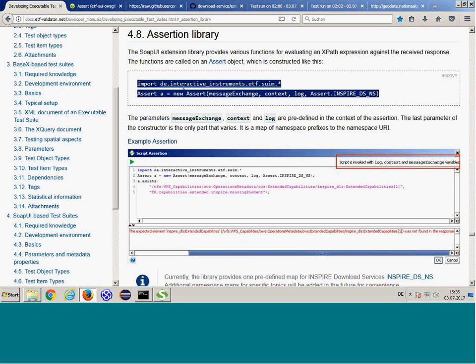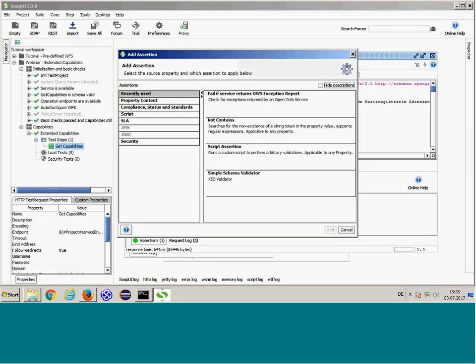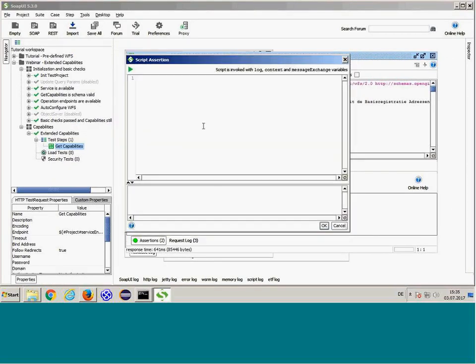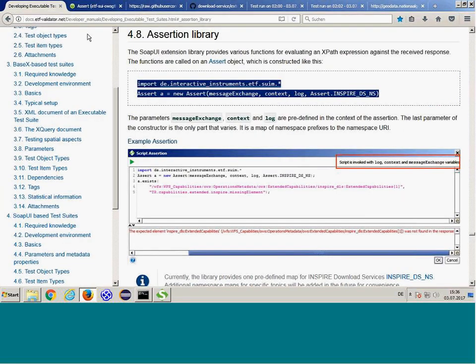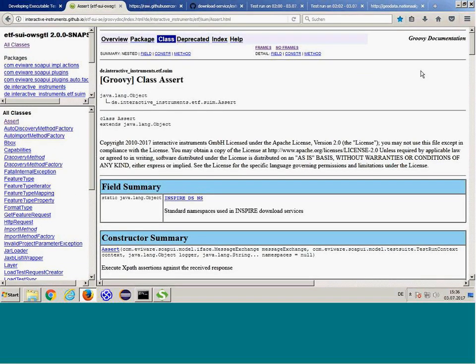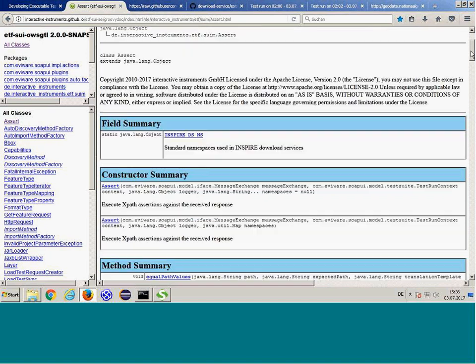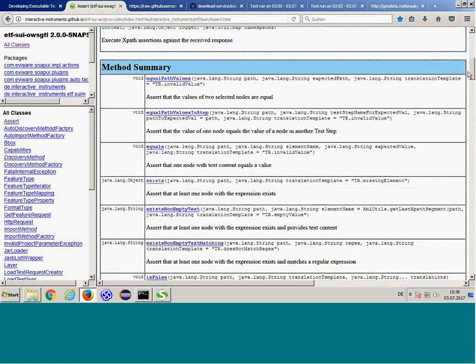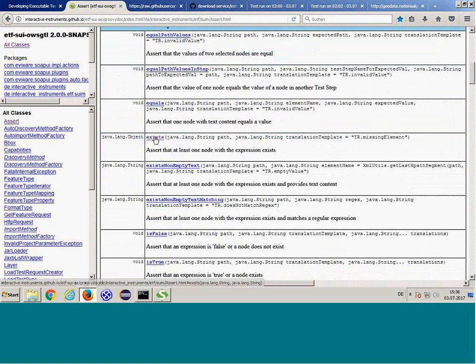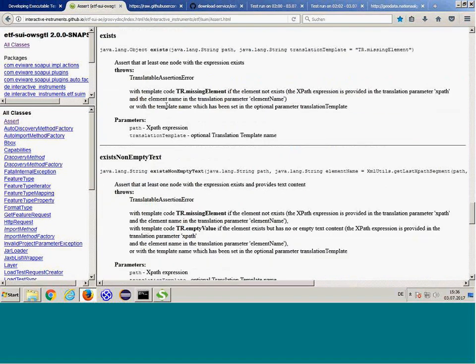I copy the code from the developer documentation now into the assertion. And we now look at the documentation for the assert class. We see that there is an exist function. We use it now in the assertion, and the exist function expects two parameters.